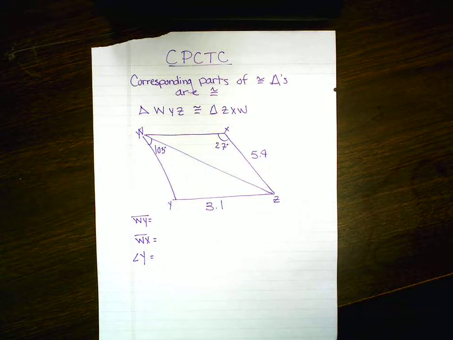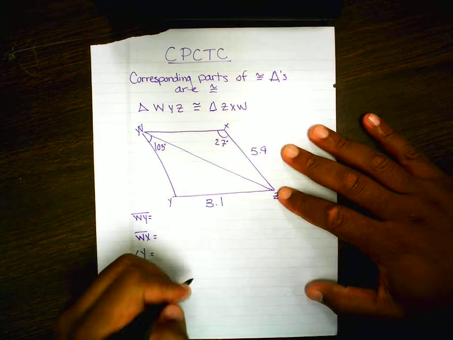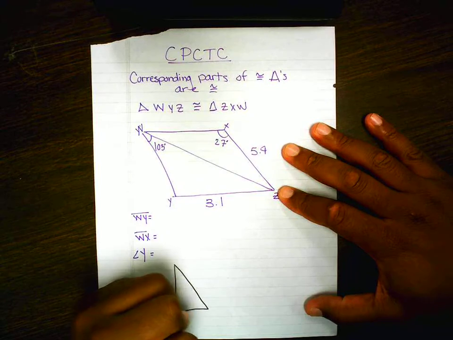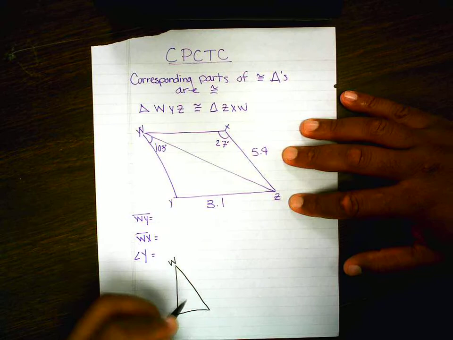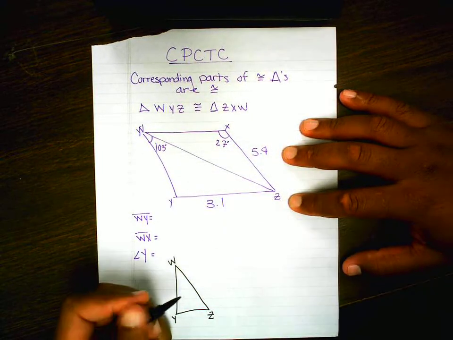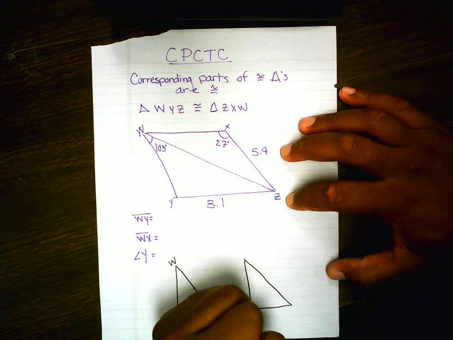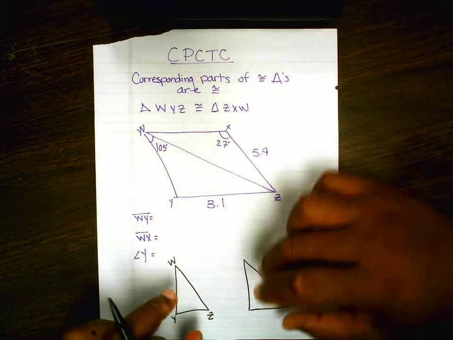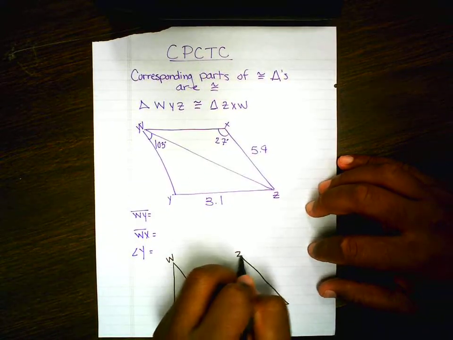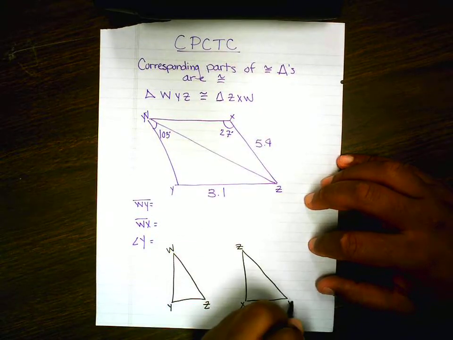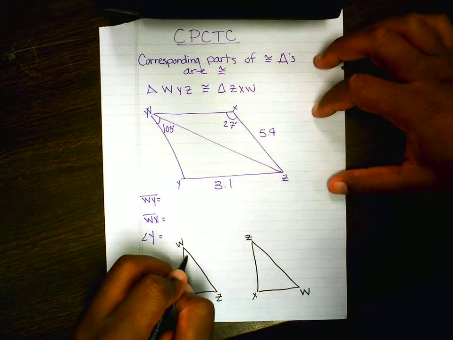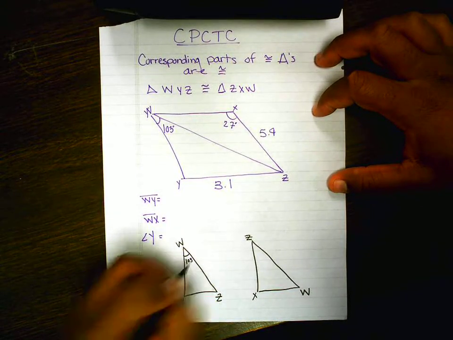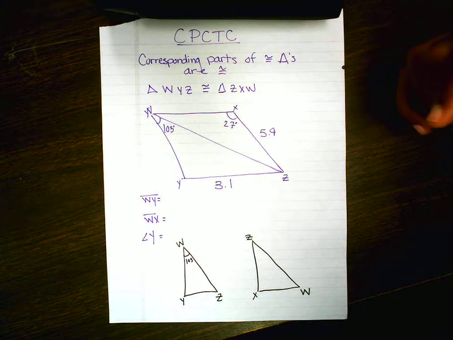So the easiest thing you will want to do is break your triangles up. So you set your triangles up as such. So you have W, Y, Z, another triangle. So all I did was take these two triangles and bring them down here. So now I have Z, X, W. Alright? So up top we said W is 103. Alright? So what we want to find,